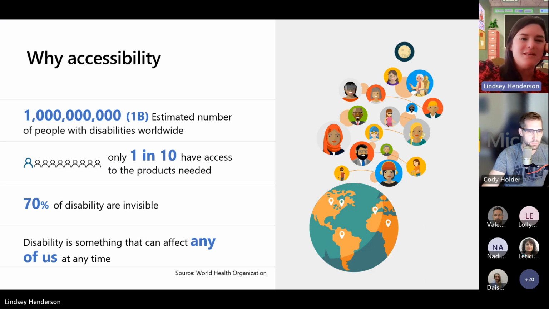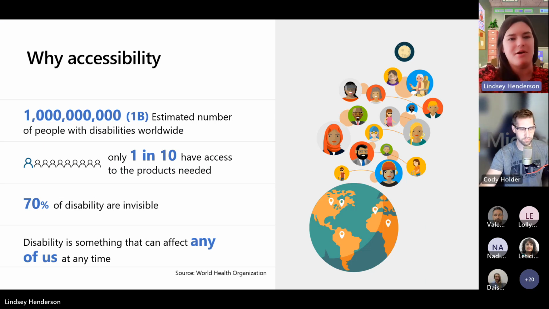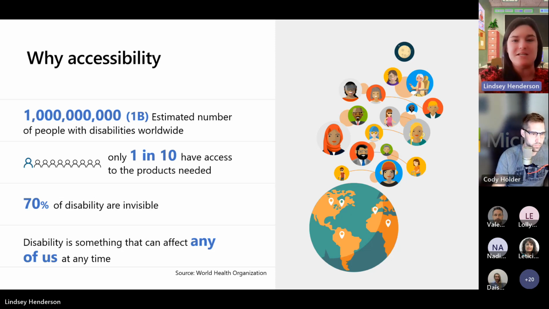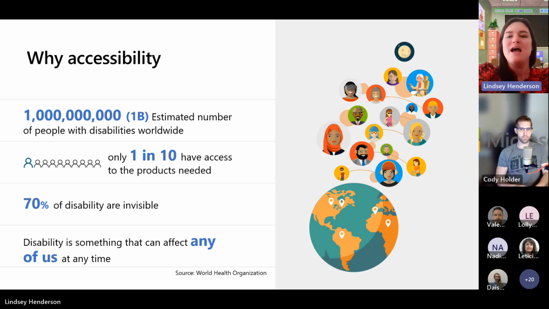Before we get into some of the actual accessibility and learning accelerator tools that Microsoft has built in completely free for you all to use, I wanted to take a second to talk about accessibility and why these are becoming more and more important. As you all know, we're hearing the phrase accessibility is a responsibility. I want to talk about accessibility, disability, and the power in creating an inclusive classroom for everybody. On the left, an estimated 1 billion people worldwide have disabilities. That's about 15% of the world's population, many of whom are going to need some sort of assistive technology.